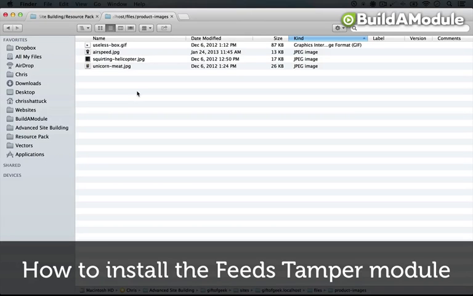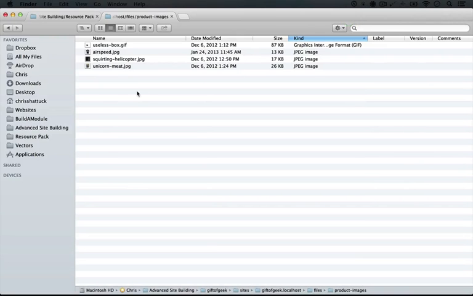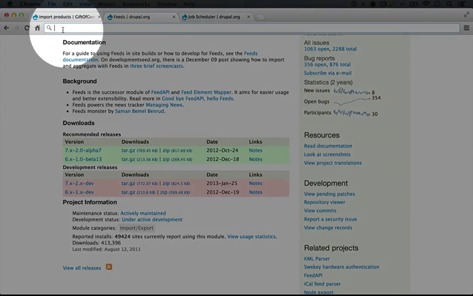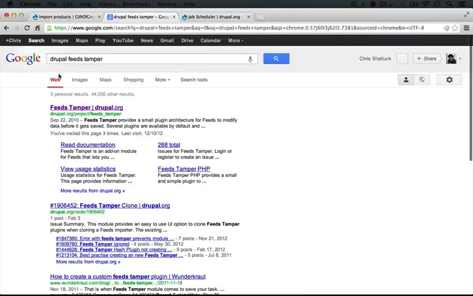And so now we need to install the Feeds Tamper module, which will allow us to rewrite the data in the columns in our CSV file before it gets inputted into the field data. So I'm going to jump over to the browser real quick, and let's do a Google search for Drupal Feeds